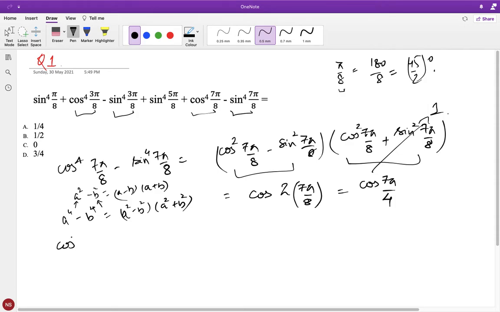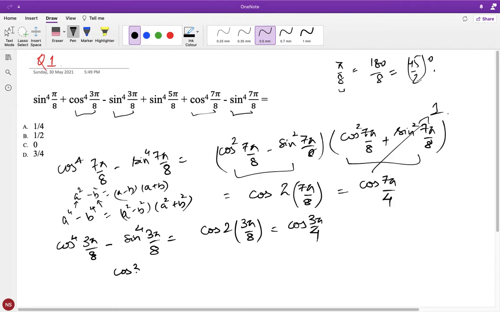Similarly, as I have done for this term, I can do it for this term as well. This is just what? Cos of 2 into 3 pi by 8, which is equal to cos 3 pi by 4. Now these 4 terms just become this,